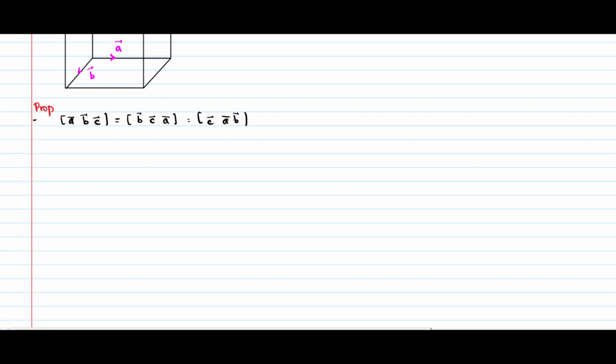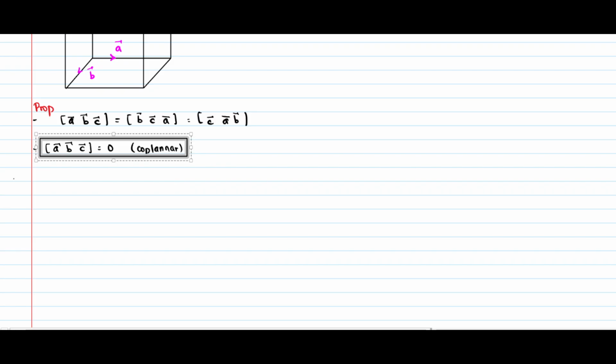Pretty neat, right? So this is the first property, and the second property is, let's say ABC box is 0, then this means all of them are coplanar. This is one property that you must know, since multiple questions come up from this property. And finally,